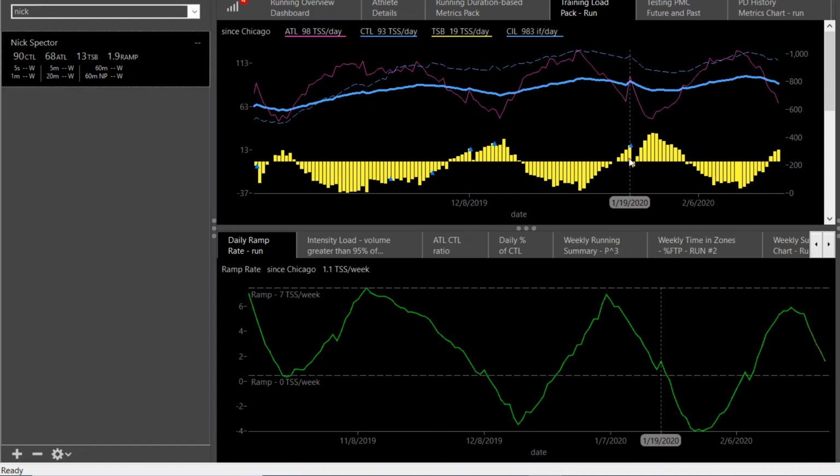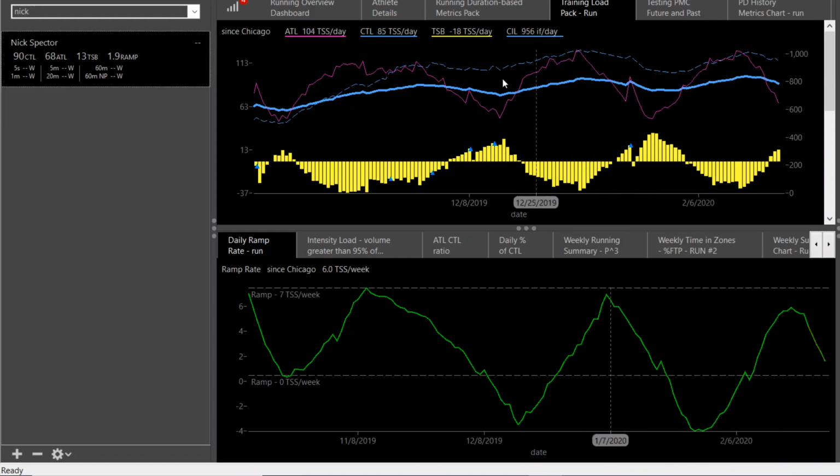But here we are in the end of January preparing for a race that's in the end of February. So again, hats off to Nick. He has to do a quick turnaround, quick recovery, and then get right back into the training. And that's what you see, a little recovery here for a week, and then it's like, let's start getting the miles back up. And here we go, starting to trend positive again,